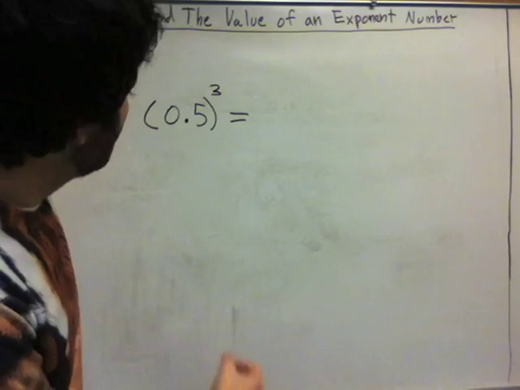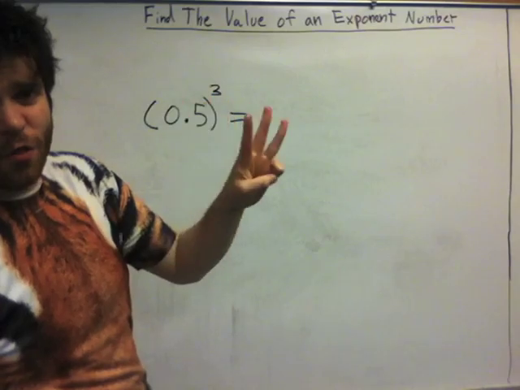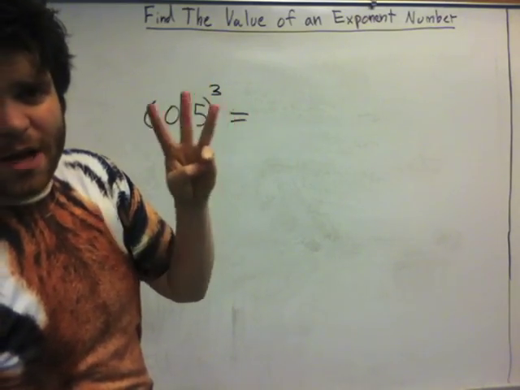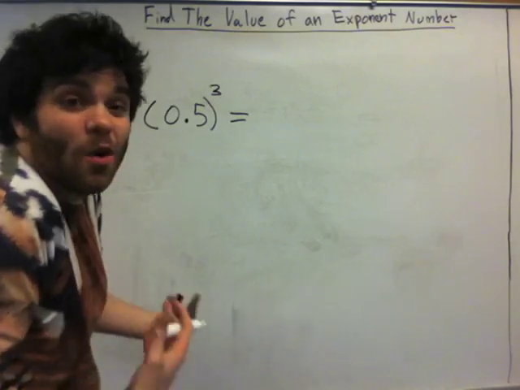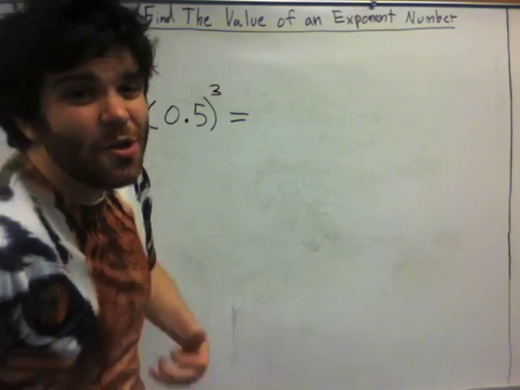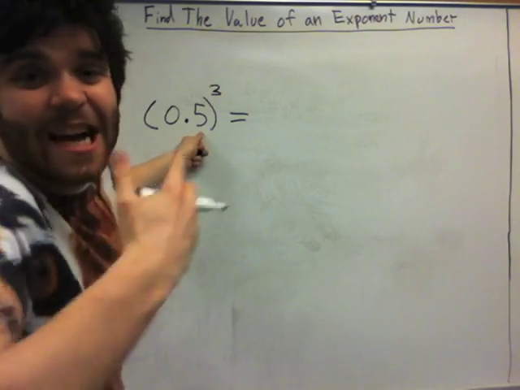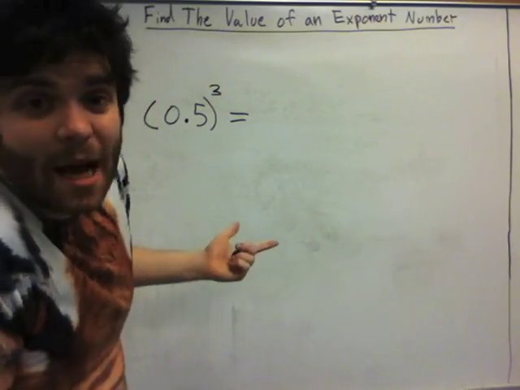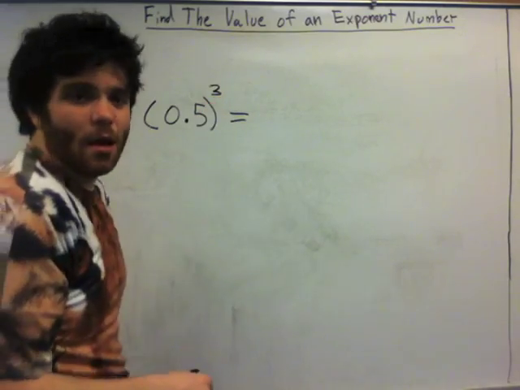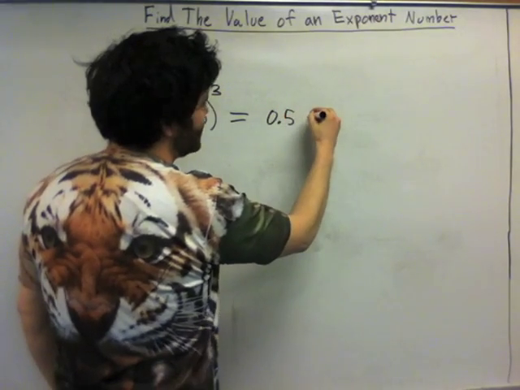Well, our power should be telling us that I'm going to multiply this thing by itself 3 times. And we know what our base is. It's just not a whole number. It's just 0.5. So you got to be thinking, well, I got to multiply 0.5 times itself. How many times? Well, it tells you. 3. Let's try it. 0.5 times